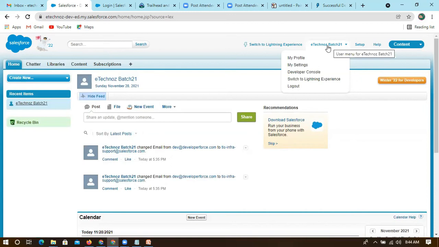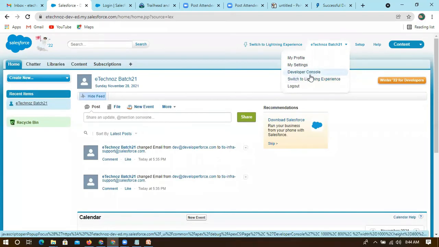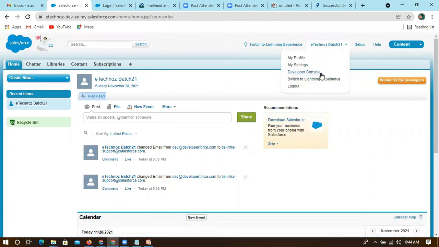So this is not a company, it is the user's name, and you can see its profile. My profile means you can see this eTechnos batch 21 profile, and you can go to settings, and we will see how we will be using this developer console. Mostly we have the force.com I mentioned.